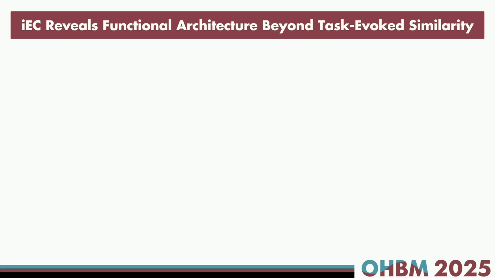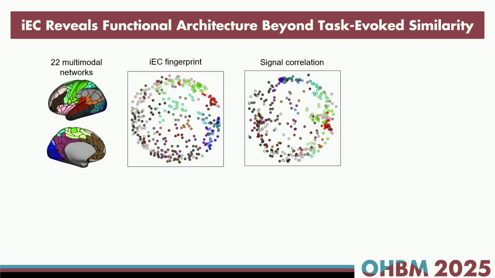To do that, we projected the 2 matrices into the low-dimension structure using multidimensional scaling. And this is the result. Each circle represents a brain region color-coded by their affiliation to the 22 modules in the MMP parcellation. We can see that the IEC fingerprint captures the differentiation between sensory and auditory and visual, but somehow signal correlation agglomerates